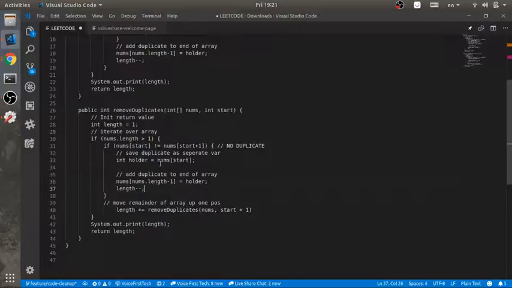If there is no duplicate, then we only want... if there is a duplicate, we save the holder, and then we